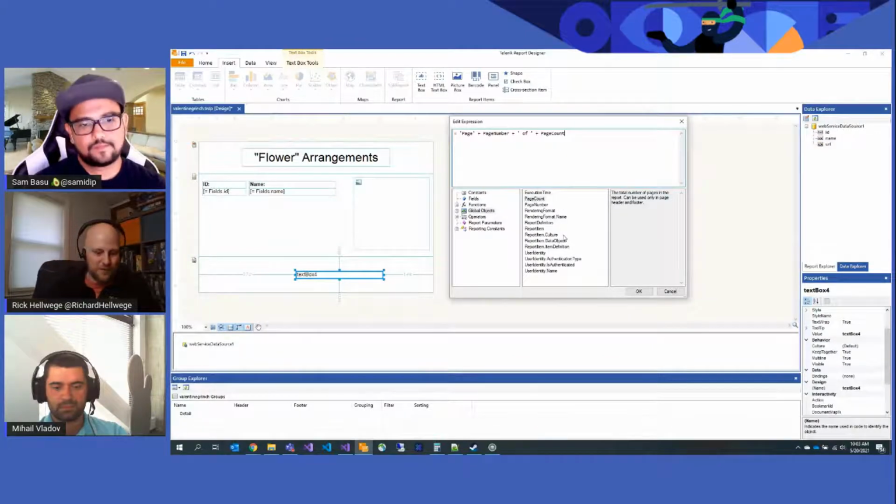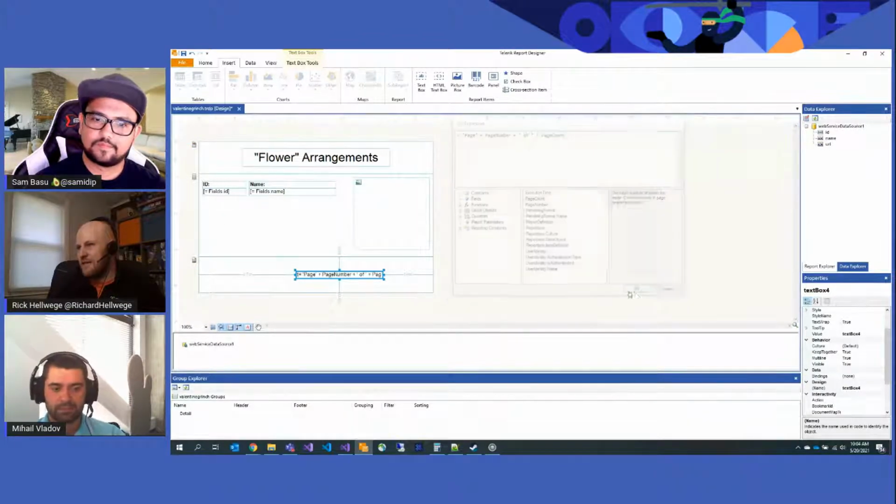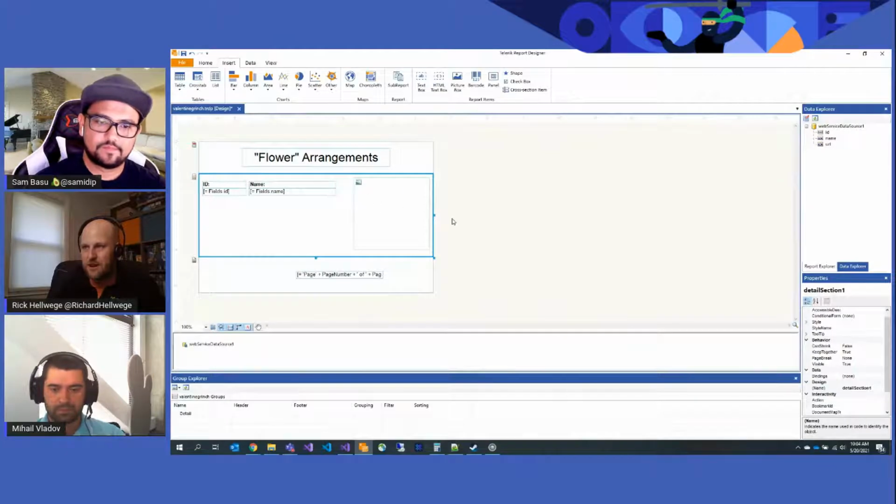So the way reporting works is, at runtime, when the report is being inflated, it takes the report definition, which is what we're building now. It takes the data, it combines them, and it figures out the size of everything. So it knows the sizes of this section, the details section, it knows the size of our picture box. And then it figures out how many records of data we have. It calculates the grouping. It does a lot of math incredibly quickly and goes, I need 4.5 pages to fully render this data. So then it can go back and populate all those global objects like page count and page number and insert those into the report.